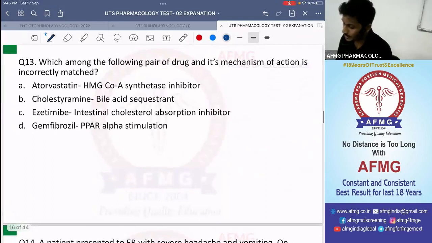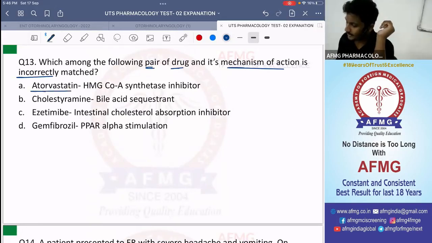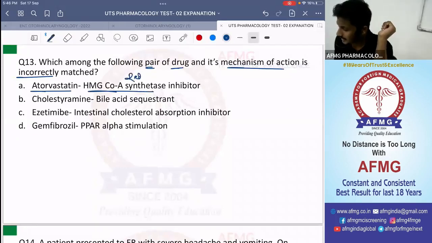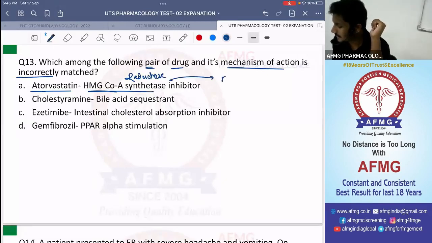Question number 13. Which among the following is a pair of drug and its mechanism of action that is incorrectly matched? So, atorvastatin, it is the HMG coenzyme synthetase inhibitor. Rather, it is the HMG coenzyme reductase inhibitor. And this HMG coenzyme reductase is the rate limiting enzyme of